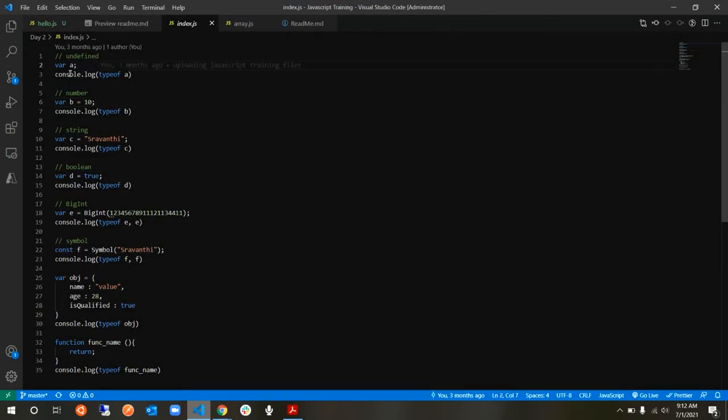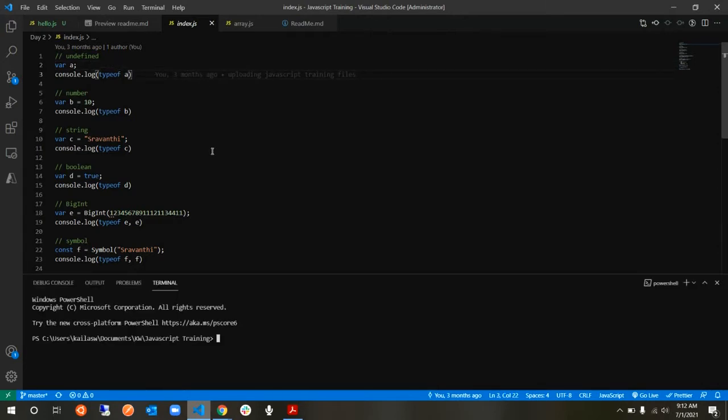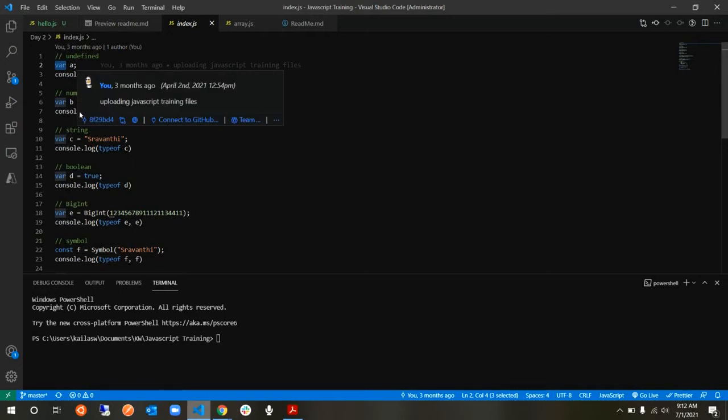You can see that whenever you declare a variable, like var a or let a, you can check the type of that variable. The typeof keyword is used to know the data type of a variable which is created. If you assign a number to it, typeof will give you number.